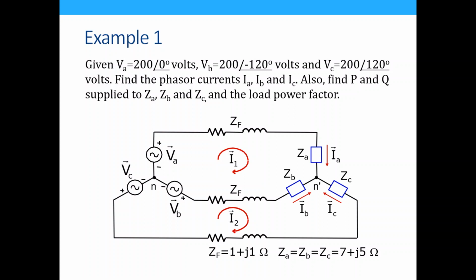Find the phasor currents IA, IB, IC. Also find the power consumed by ZA, ZB, and ZC, which is the balanced three-phase load. So let's assume it's a balanced three-phase load, so our calculations will be easier. The lines also have equal impedances. So these lines have equal impedances. And this is representative of real life because the lines connecting the houses from the generators are approximately of the same length. Okay,